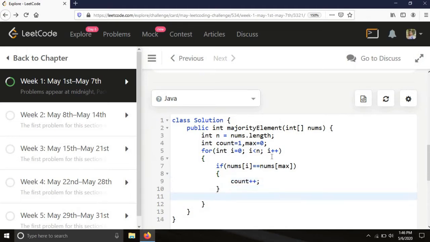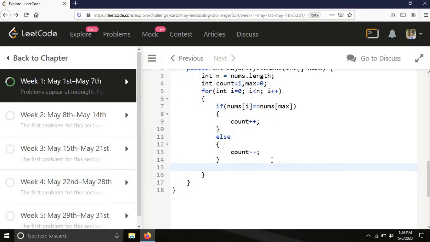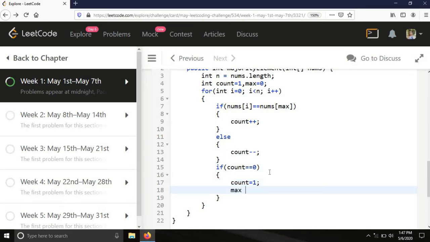And if it is not equal, we will decrease the count, and after this we have to check whether count is 0 or not. If count is 0, it is not the proper candidate. So if count equals 0, we have to reinitialize count to 1, and then change the candidate also, max equals the current element.